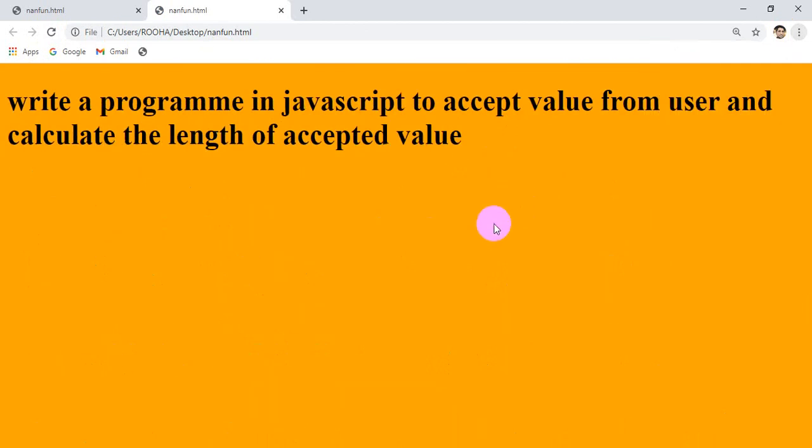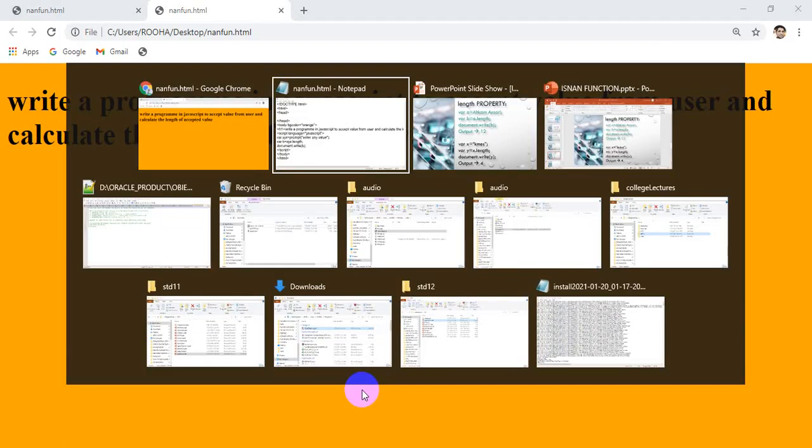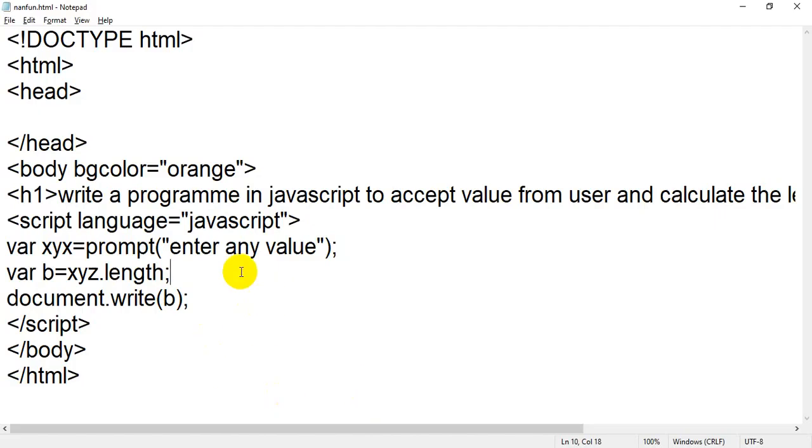Okay, you are getting a question of why you are not getting your answer. xyz.length and document.write(b), where xyz is the prompt to enter any value, and b equals xyz.length.